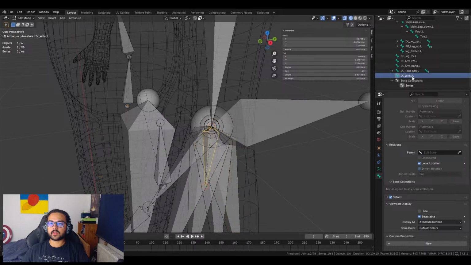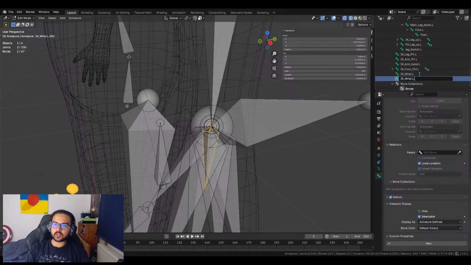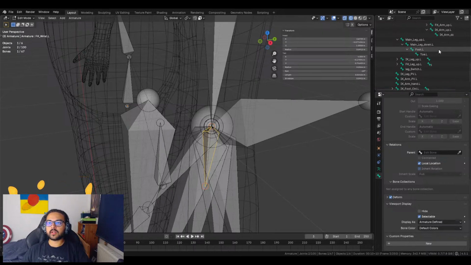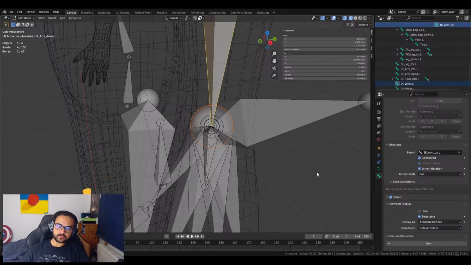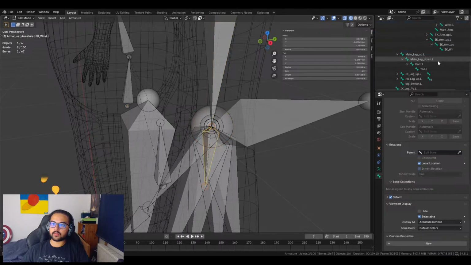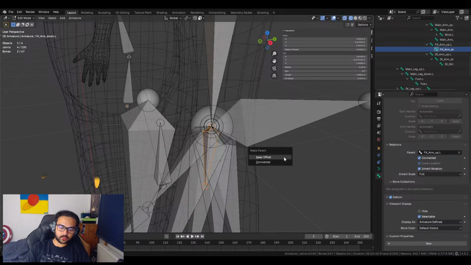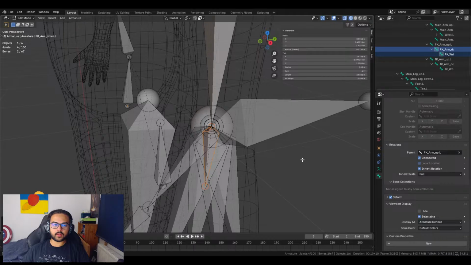So IK wrist L. This is FK wrist L. FK wrist L. And I need to add it onto the respective stuff. So this goes here. Control P there. This goes here. There. And